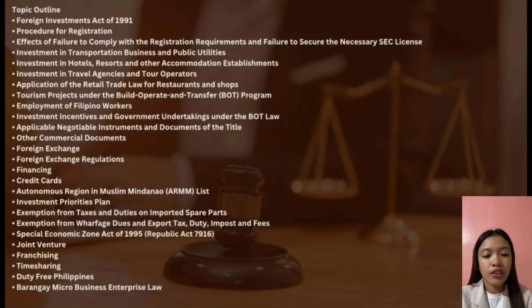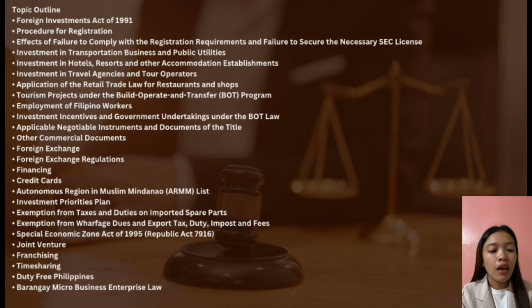Foreign Investment Act of 1991, Procedure for Registration, Effects of Failure to Comply with the Registration Requirements and Failure to Secure the Necessary SEC License, Investment in Transportation, Business and Public Utilities. Next is investment in hotels, resorts, and other accommodation establishments, investment in travel agencies and tour operators, application of the retail trade law for restaurants and shops. Next is tourism projects under the Build, Operate, and Transfer program, investment incentives and government undertakings under the BOT law,